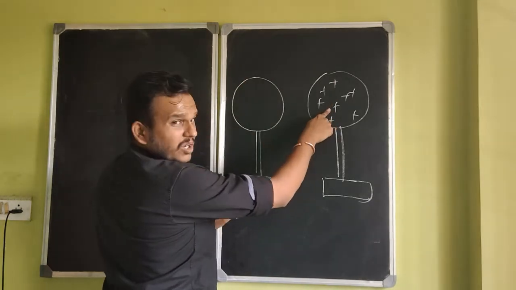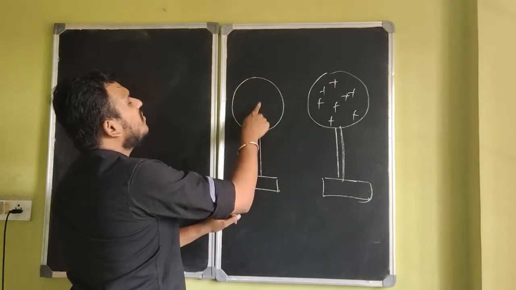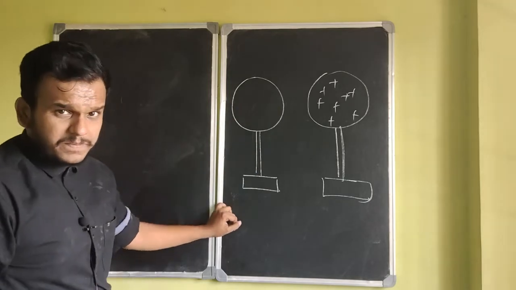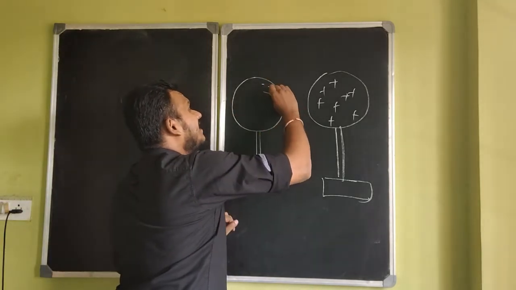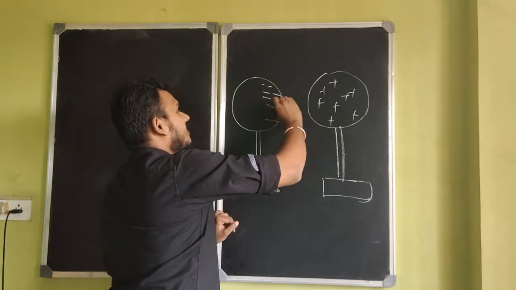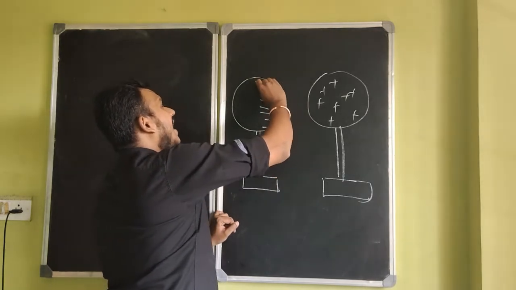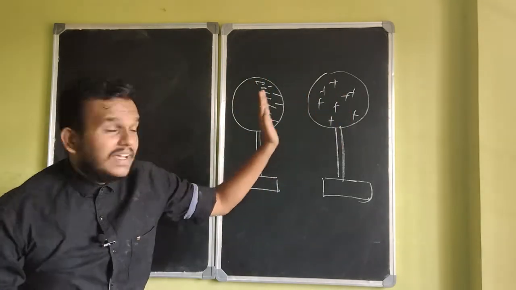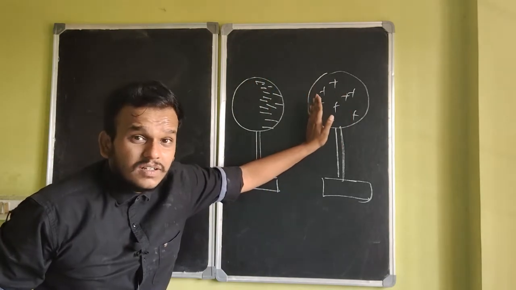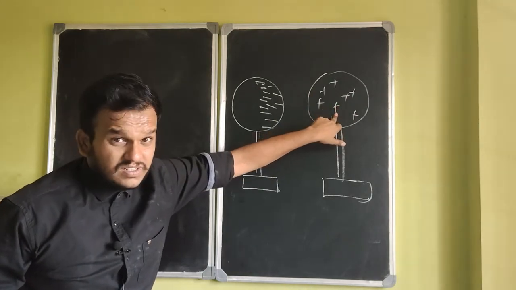Electrons, before you brought this, were almost symmetrically, equally distributed, right? But when this comes closer, the electrons have a tendency to get attracted by the positive charge, right? And as a result of that, the electrons will get crowded in this region, because of the affinity towards the positive charges.